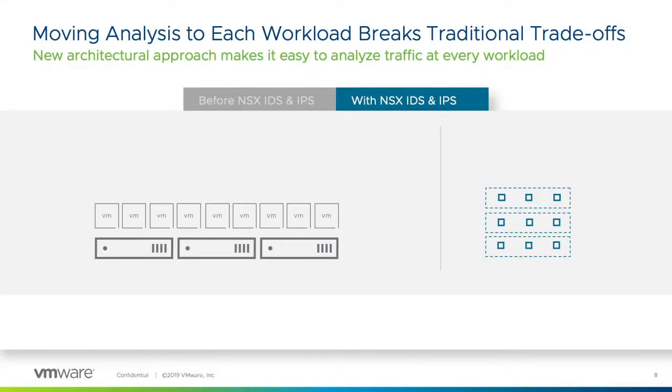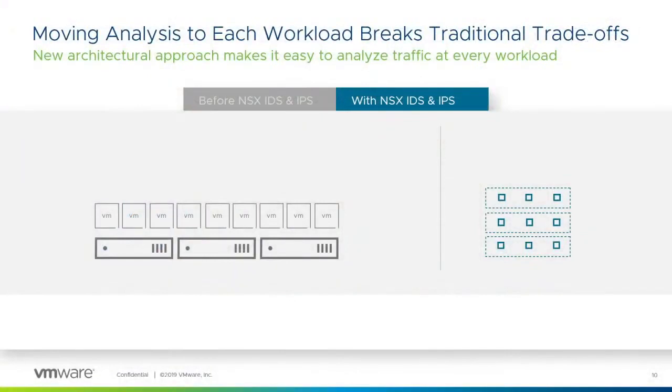So with NSX Distributed IDS, we move the inspection to every single workload by moving the functions into the hypervisor itself. So your hypervisor, once it's prepared for NSX, instantly has the capability to inspect traffic. All you need to do is, of course, configure your inspection profiles. With that architecture, you get full coverage at the most granular level to inspect traffic from one workload to another